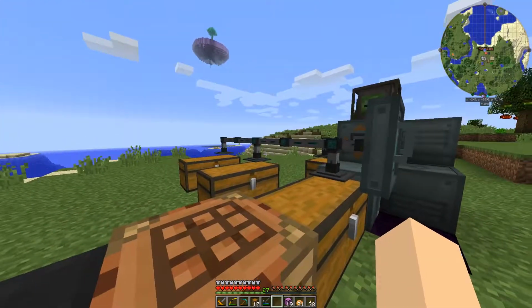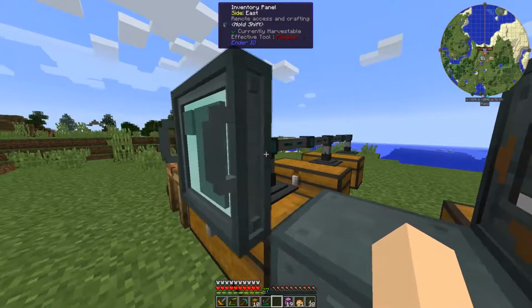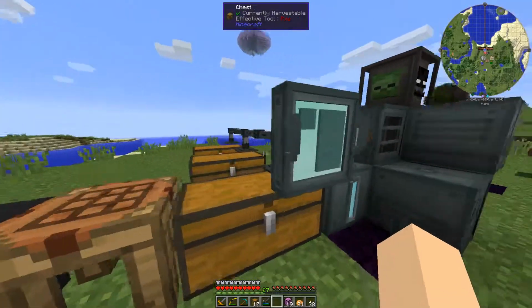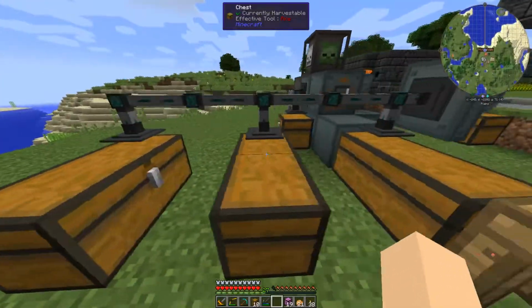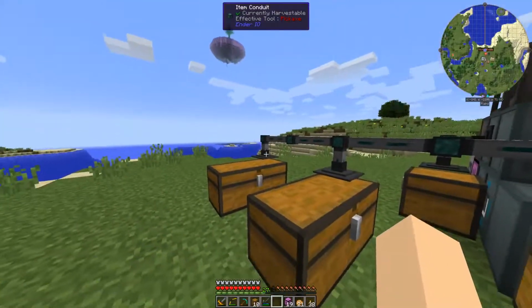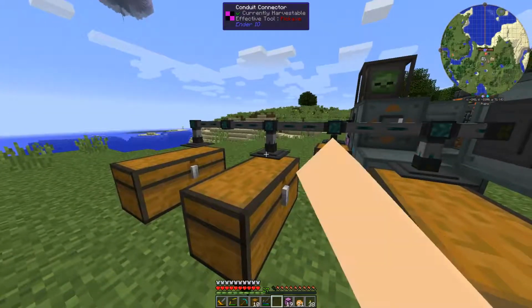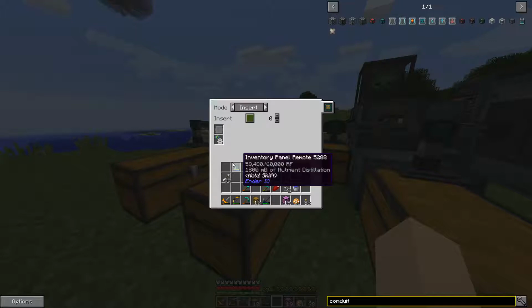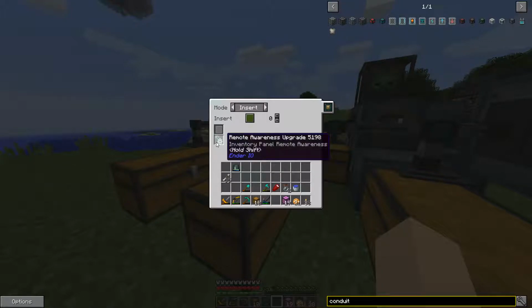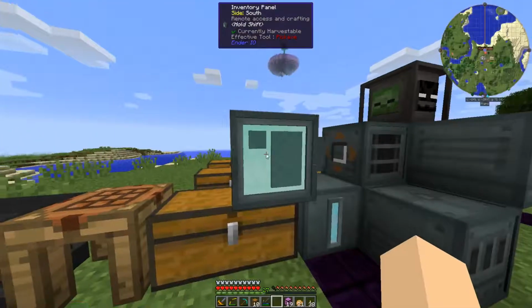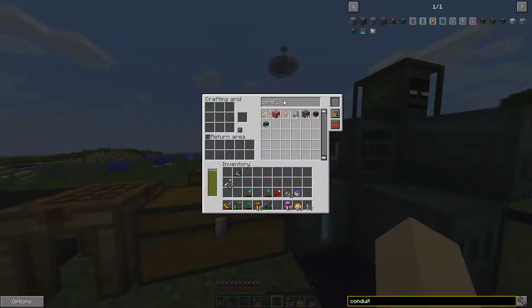Okay, let's begin. So I spent quite a few nights gathering some more Enderman skulls because I wanted to show you some other ways you can use inventory panels. What I've got here is a collection of individual chests with item conduits with remote awareness upgrades in them. And so, hang on, let's take our filter off. And this inventory panel views all three of them as one big storage unit, which lets me manage my multiple chests